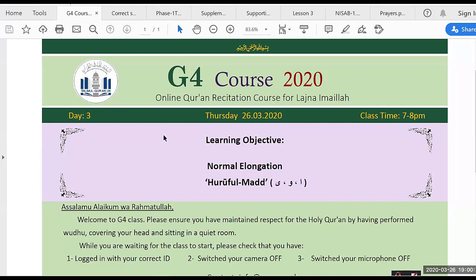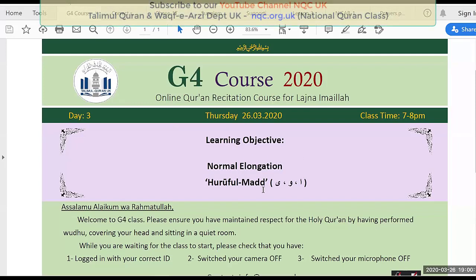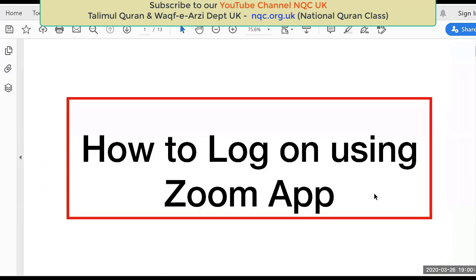So today is the third day of our course, and today we will be learning about huruful mad, normal elongation, letters of normal elongation. So before we start our class,